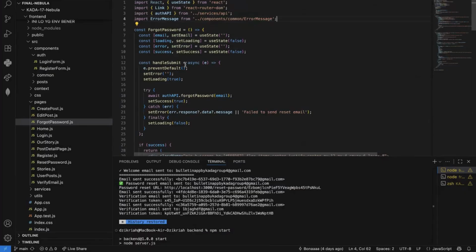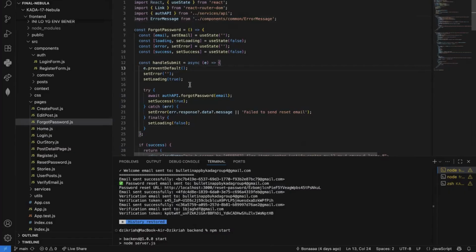Here we have the handleSubmit function. On this, we have e.preventDefault. This prevents the page from reloading. Whenever we use submit, we will use this, e.preventDefault. Then after that, we will clear the previous error and show the loading state.